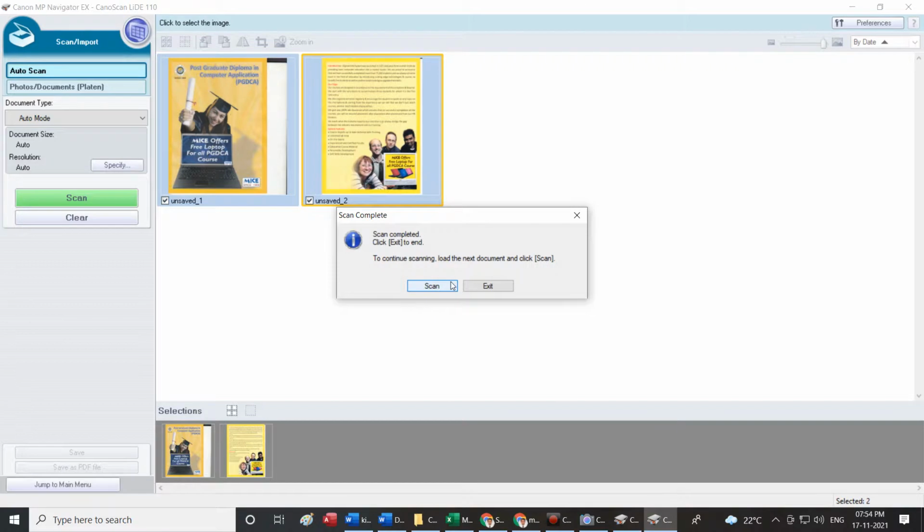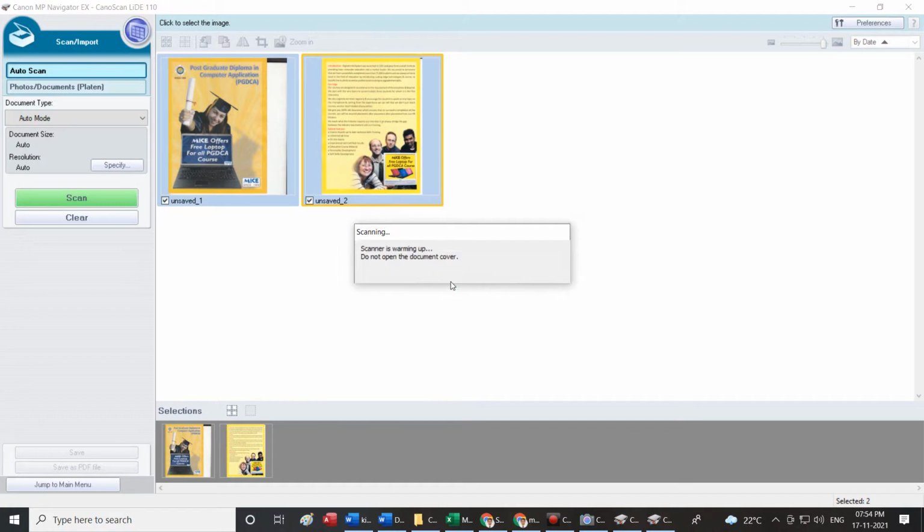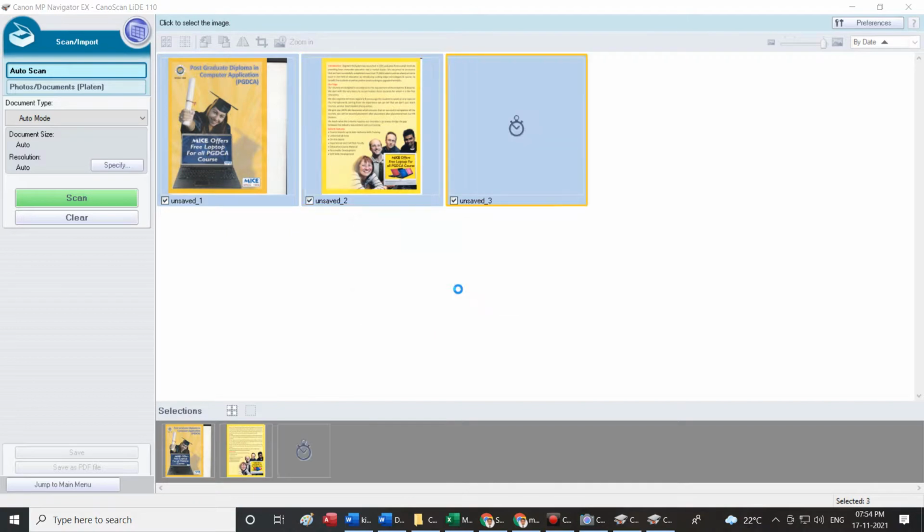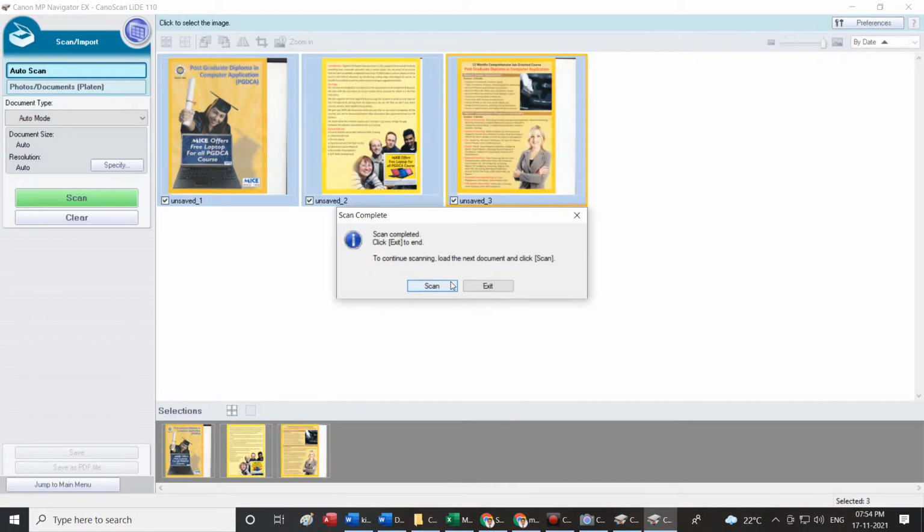Okay, next I'm going for the third page and I'm saying scan. The third page is being scanned. Now I'll be scanning the fourth page. If I have a brochure, I can always scan and send the brochure. The last page.